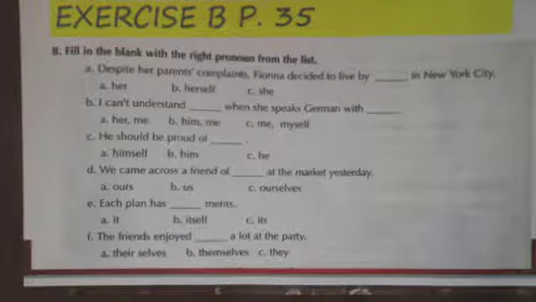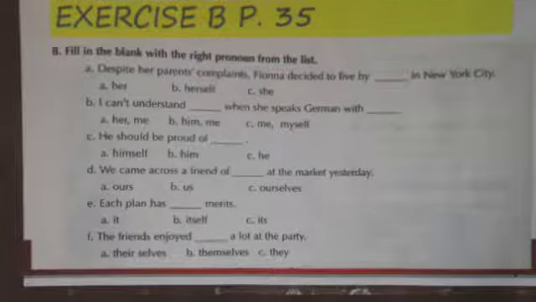So I'm going to read the sentences for you to make things clear. So A, we have despite. As you know, despite expresses concession, even if or although, okay? So despite her parents' complaints, which means her parents complain a lot, okay? For example, when she makes mistakes, they complain about her. So despite her parents' complaints,